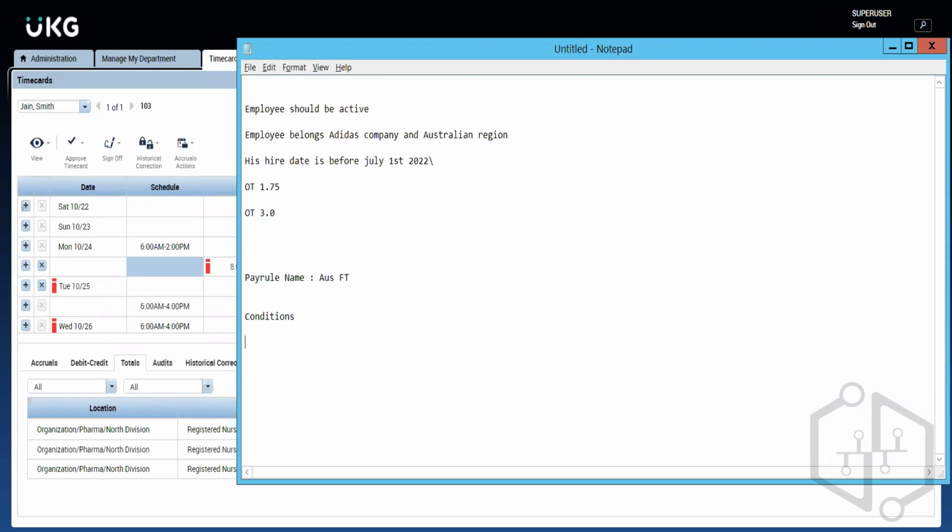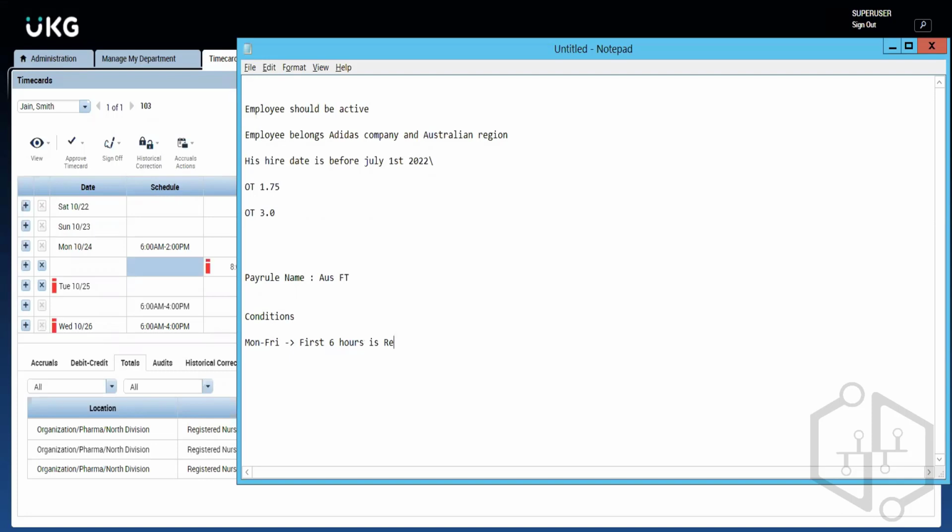So my condition is for Monday to Friday, just note down this requirement or have a screen capture once I complete it, or you can note it down on paper with a pen. So for Monday to Friday, if an employee works